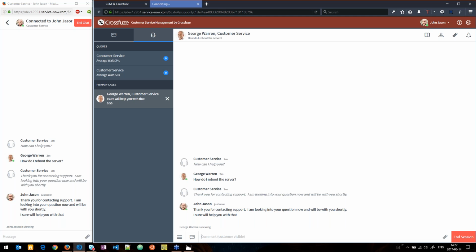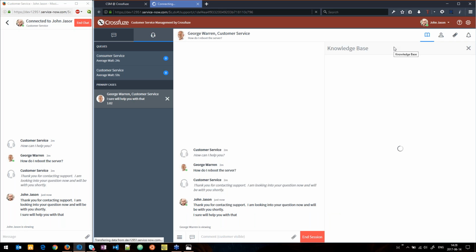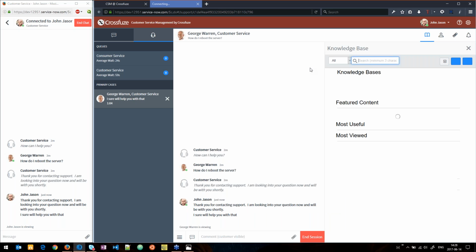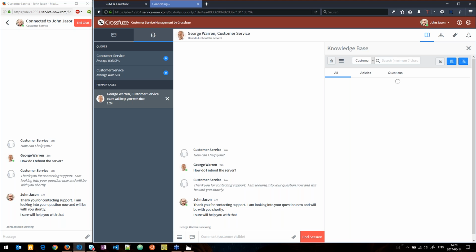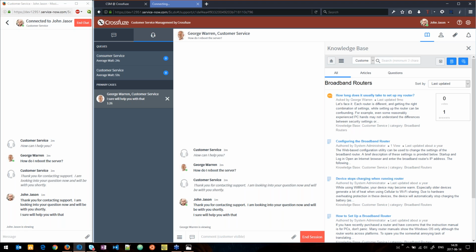What we can do on this screen, we can directly dive into the knowledge base, giving your agents access to the information you already have prepared in order to address possible questions asked in the past from your clients. These are color-coded. You can have, as I mentioned earlier, one per department, for example. You can search at the very top, or you can dive into specific knowledge bases,